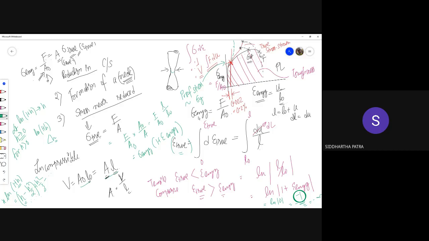Now, what is the logic behind this? You see, the yield stress is the stress value at which the plastic deformation starts. Now, that very statement has two meanings. Number one is that at yield stress, the plastic strain value should be zero, because that's when the plastic deformation starts. So obviously the plastic strain should be zero. And number two is that yield stress is the highest value of the stress with a zero plastic strain.